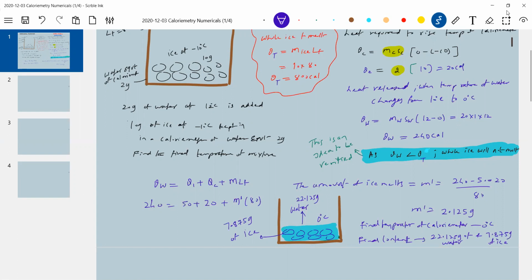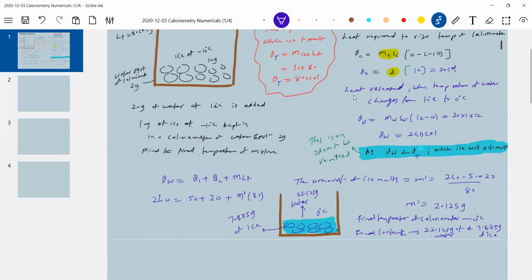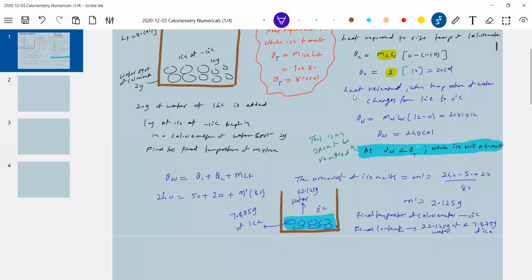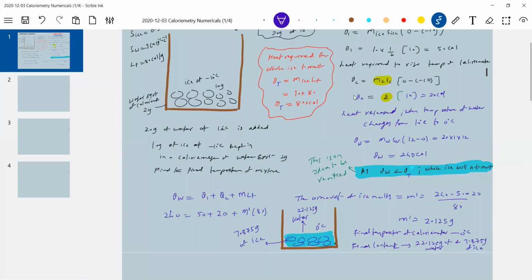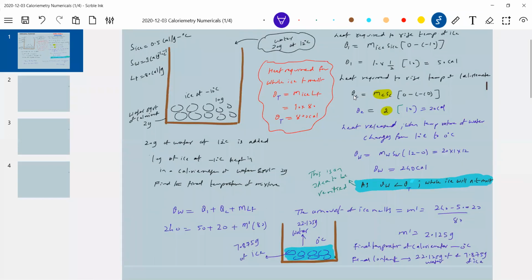Okay, now this is the way it happened. We have to fight with the situation. Though you have a formula, you cannot straight away apply it. You have to verify things. What can happen? Sir, how do I come to know whether ice will melt or not? I think there's a cross check: QC, QT from here.